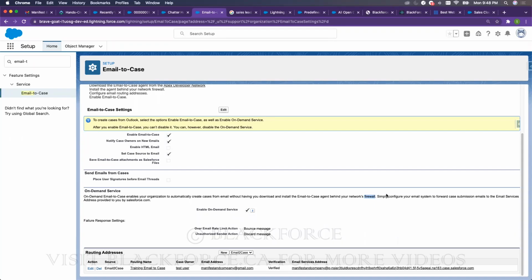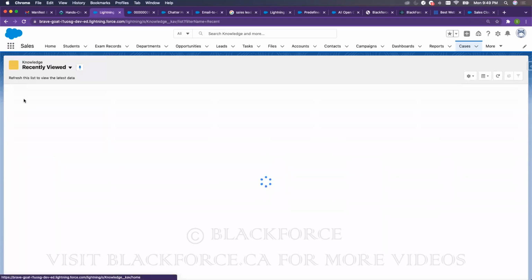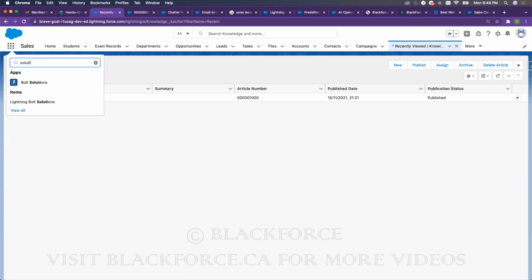Then the other one has to do with creation of case, I think it's around case management. You were saying that you can create articles from cases, knowledge, and then what of a solution? I've always known that solutions are, when cases come in, support agents create solutions so that in future they use it. So what's the difference between solution and knowledge? That's a bit subjective, right? I understand what you mean. It's a bit subjective, but